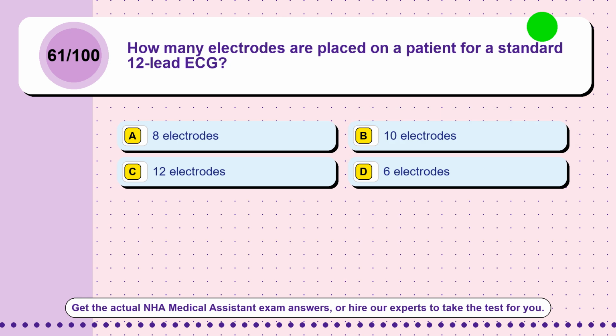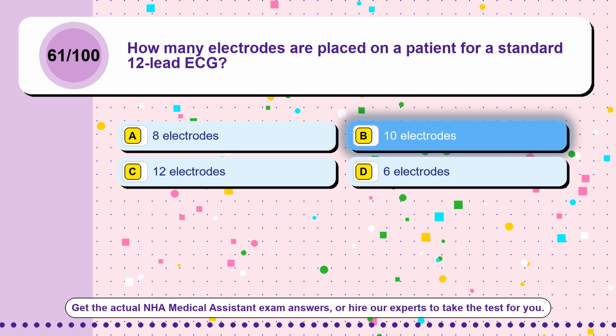Question 61. When using a butterfly winged infusion set with a light blue top tube, why must a discard tube be drawn first? Option A, to clear any residual skin surface contaminants from the needle. Option B, to purge the air out of the butterfly tubing to ensure a proper fill volume. Option C, to activate the coagulation cascade prior to sample collection. Option D, to check if the vein has adequate pressure to fill a full tube. The correct answer is option B, to purge the air out of the butterfly tubing to ensure a proper fill